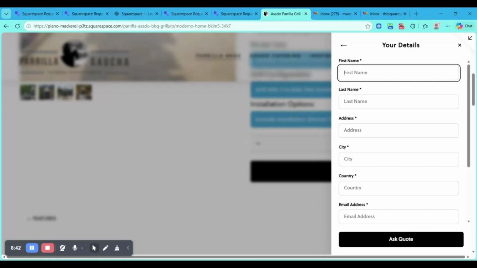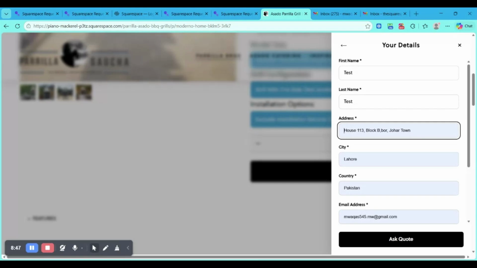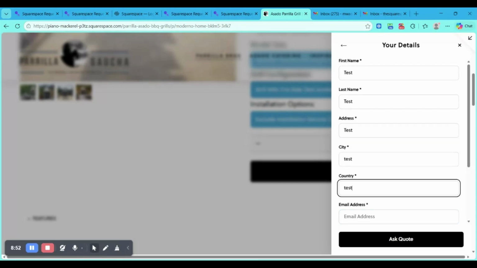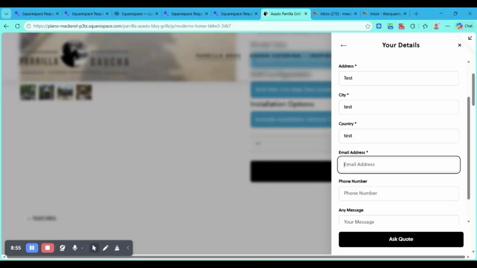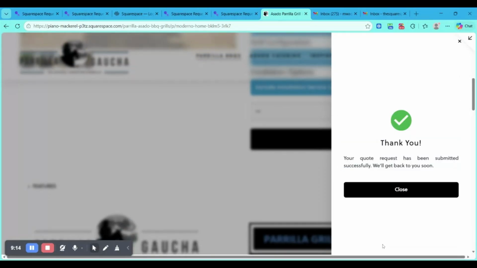And of course, once I click, I add my details. So I'm going to say test, and the location could be anything. For my case, I'm going to say test, and the number is optional, and the message field is also optional here. So I'm going to press, okay, it needs the correct email. So I'm going to say test@icecreamstar.com. Okay. And once I do that,